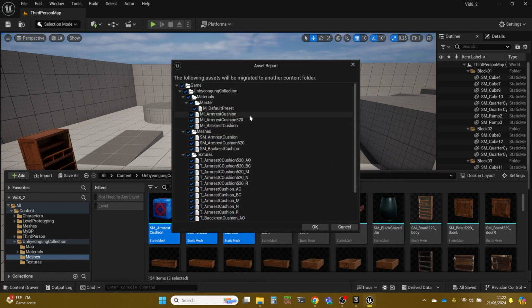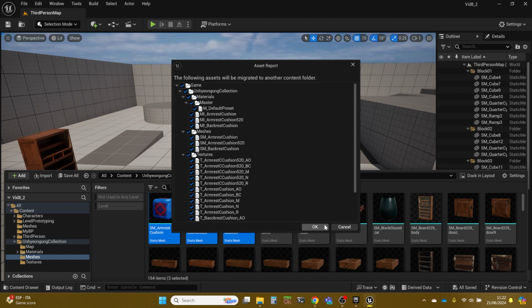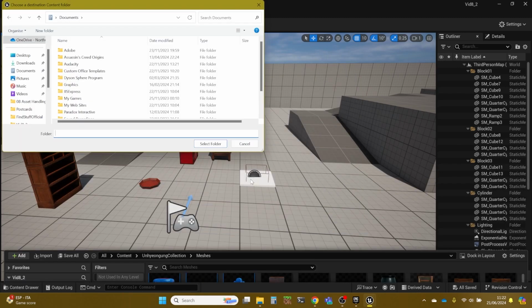And so it gives me a list of all the things that it's going to migrate as a result. And this is not a surprise to me that it's got some materials, the master material, it's got the 3 meshes, and it's got quite a few textures involved. And so I click OK, and it's going to ask me to move to a content folder. Just choose a destination content folder. So I want to go to the new,